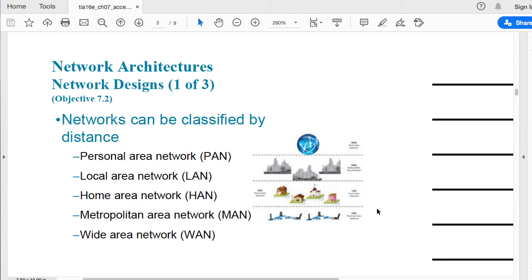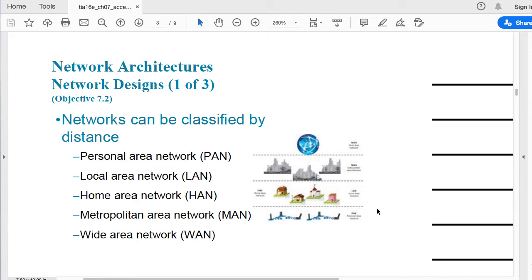Now, you can expand that to other types of networks according to their distance. So we have the metropolitan area network, MAN, and the wide area network, or WAN. Now, this becomes very blurry, very cloudy.